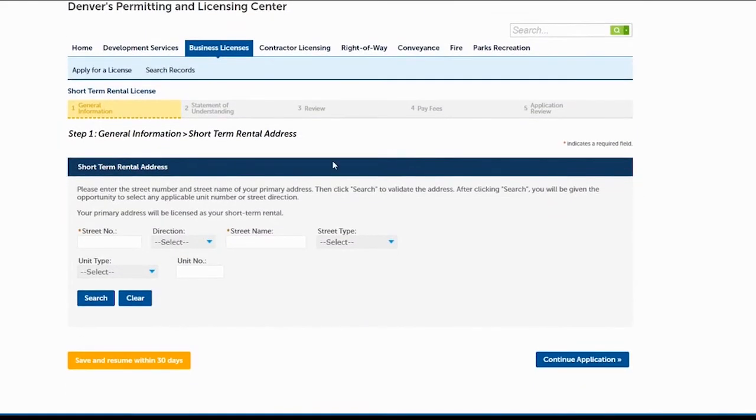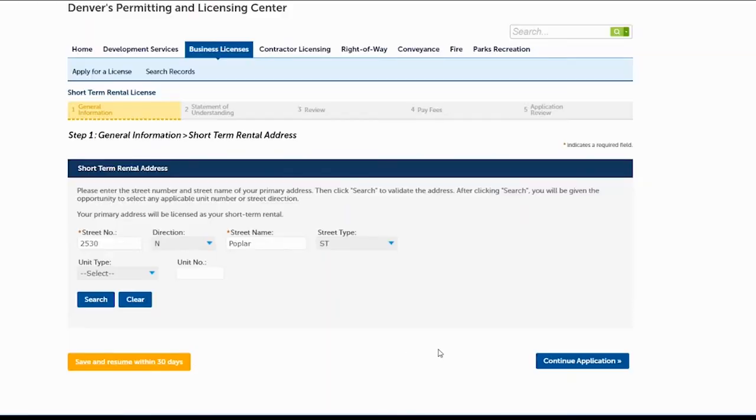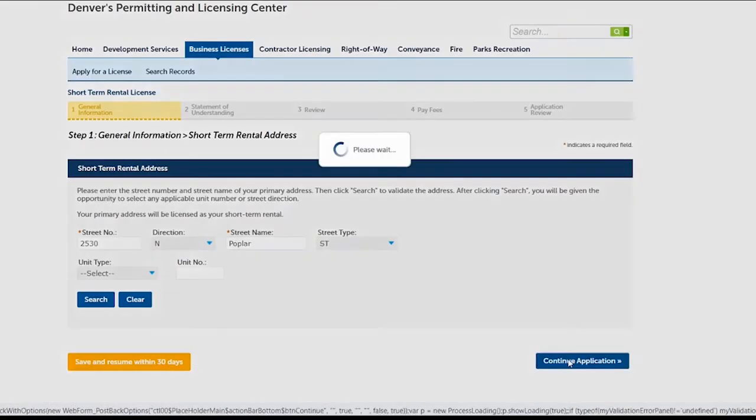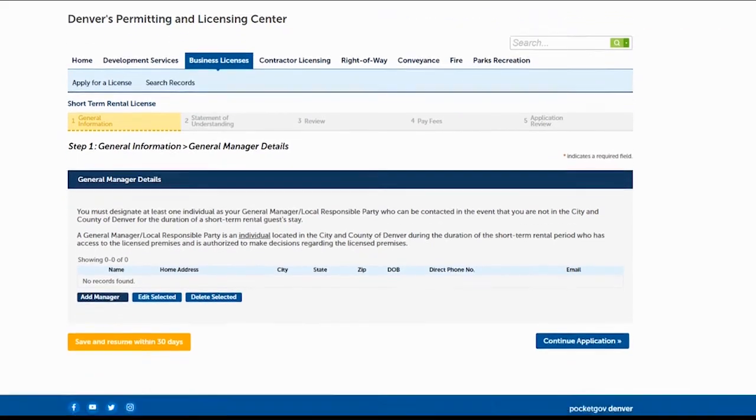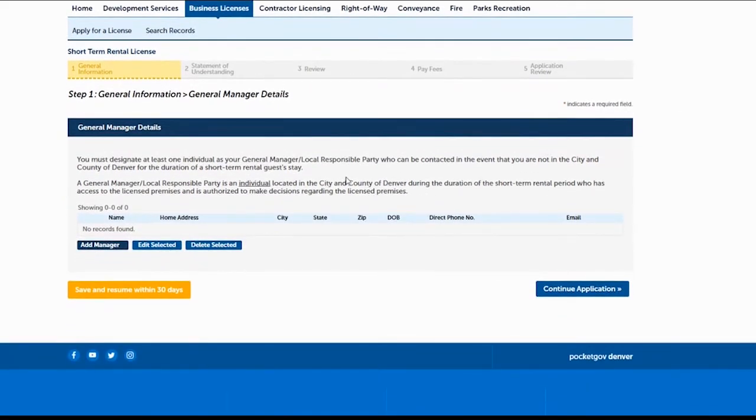And then here is where we want you to enter in the address that you're applying for the short-term rental license. So the street number, you will enter in that, and then the street name, and then you are going to click on search. Once the address comes up, you will click on continue application, and then here you are going to enter in the information about who's going to be the local responsible party. This is the person, if we need to contact you, they are local and